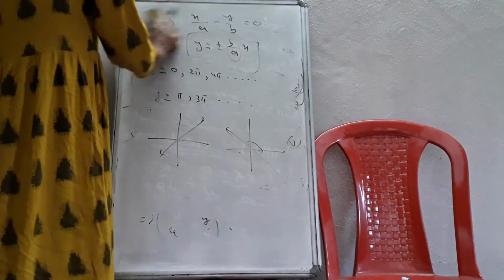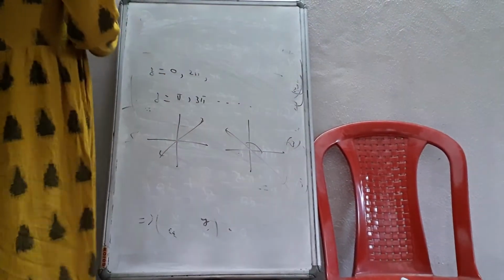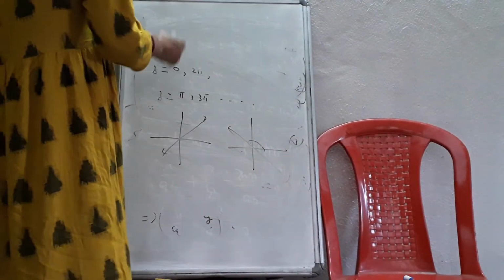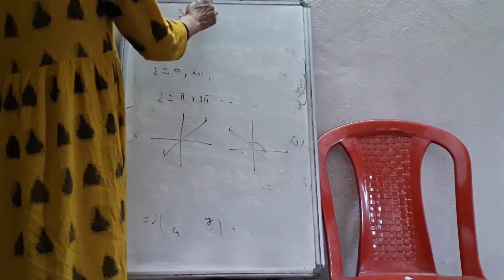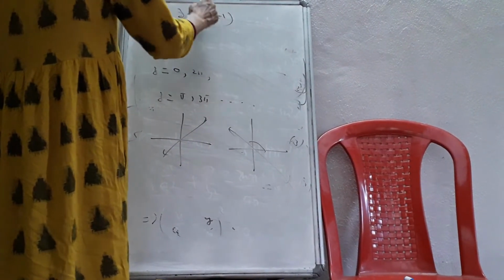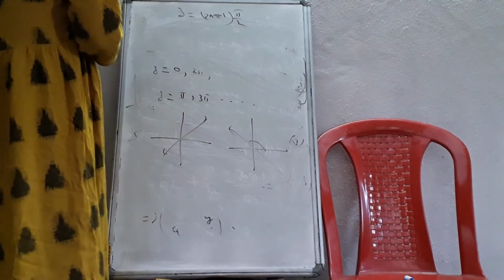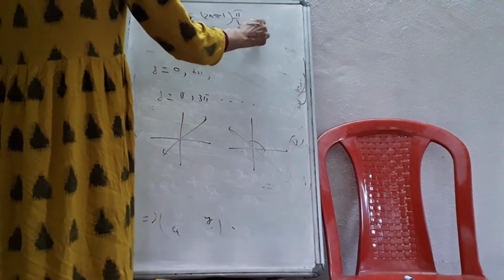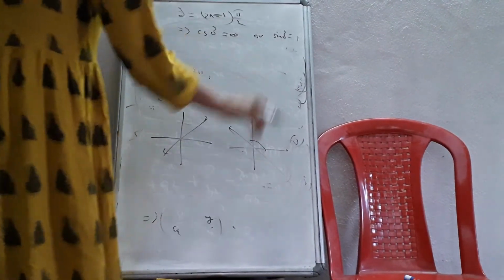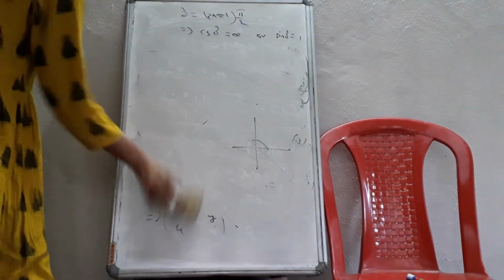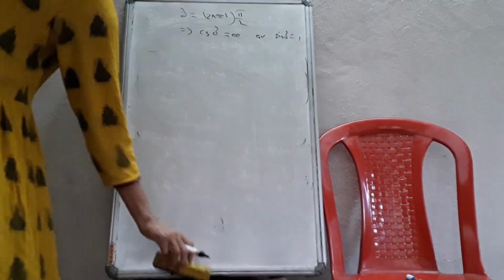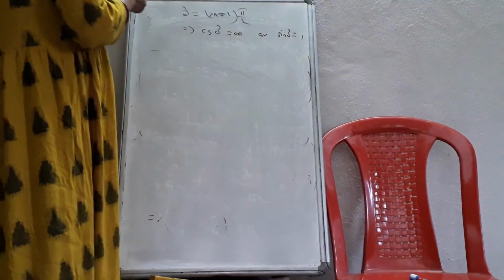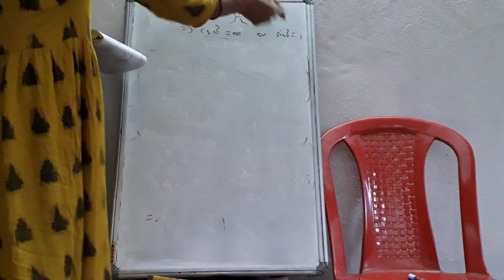Then our case 3: how to get the elliptically polarized light. In that same equation, if we put delta, when the phase difference is (2n minus 1) pi by 2, an odd multiple of pi by 2, then cos delta will be 0 and sin delta will be 1. Just the opposite case. In the previous case I took delta as an integral multiple of pi, either even or odd multiple. But now I am taking the phase difference as an odd multiple of pi by 2. Then cos delta is 0, sin delta is 1.